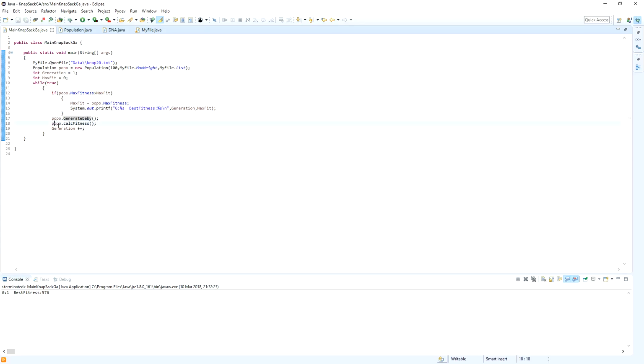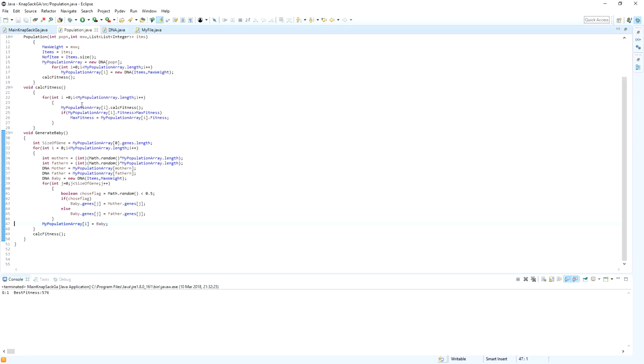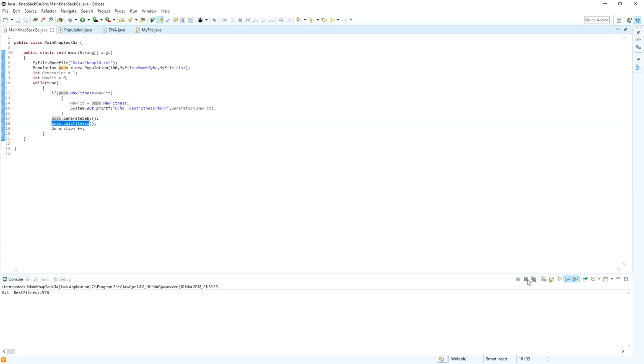And here I just put it to calculate the fitness every time. And in the calculation of the fitness, I forgot that here I have to say for every item in DNA, calculate the fitness again. That's why I'm going to run the program. Hopefully this time it will give me a good answer. Let's run it. Yeah, 540, 574, 649, and a little bit of waiting for it to get better. I'm sure this program is running the right way, just as the basic genetic algorithm,